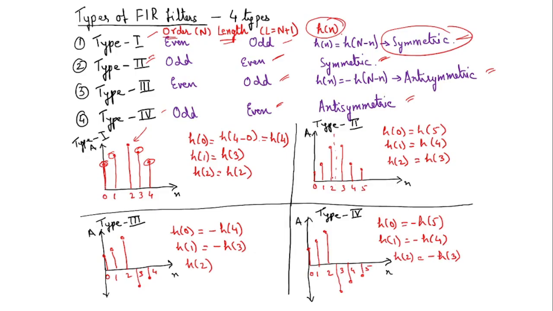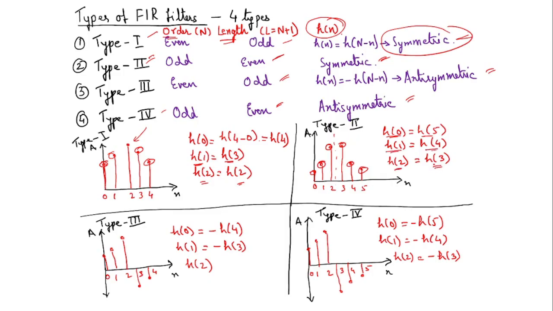in the even length, if you see, there is no middle point. So we have to draw an imaginary line, and across this imaginary line, if you see, the filter coefficient values we are having are the same. Okay, so here h0 equals h of 4, h1 equals h of 3, h2 equals h of 2. Similarly, in type 2, h0 equals h of 5, h1 equals h of 4, h2 equals